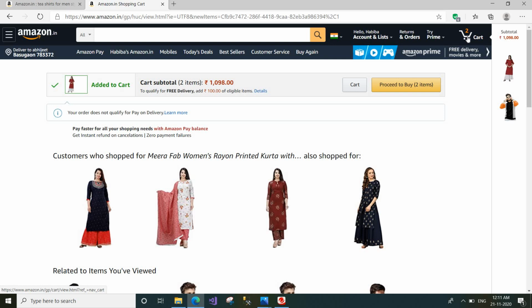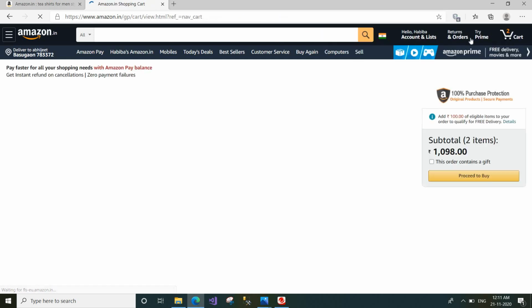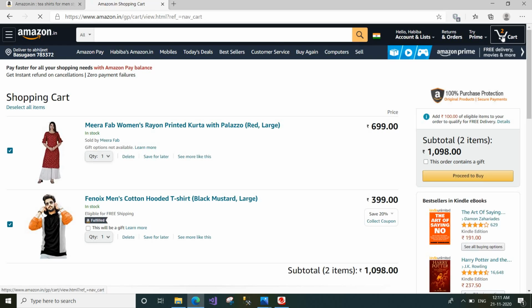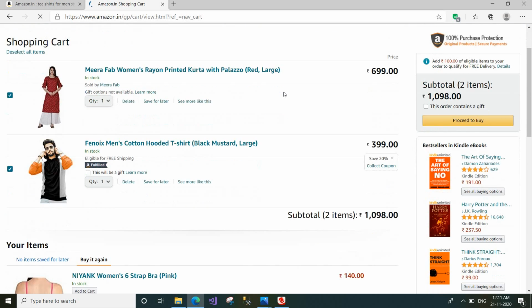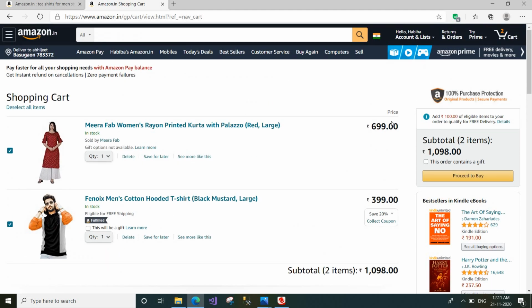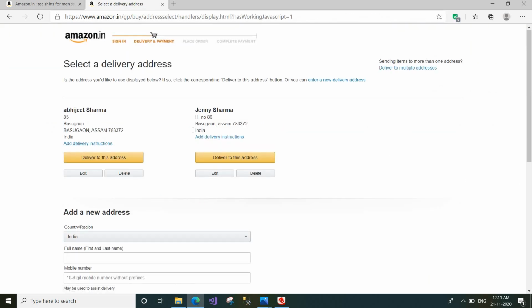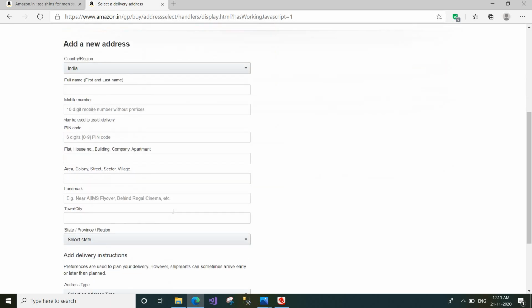Next, suppose you have selected all the products which you want to buy. Go to cart, click here, and click proceed to buy. You want to proceed. Okay, you have to select one address. You can select this one also, or this one also, or if you want to add a new address, you can